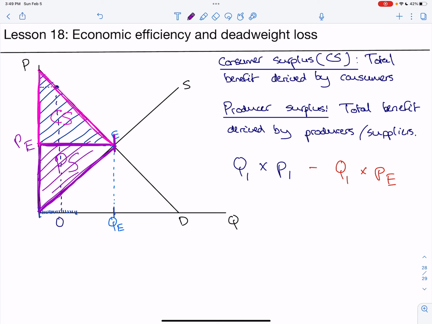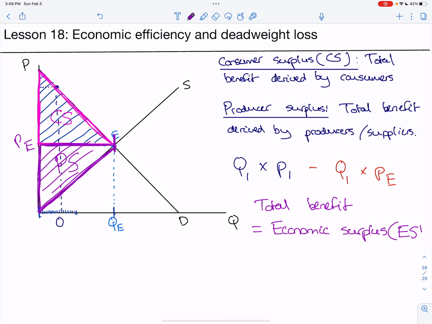Okay, so how do we define the total benefit in this market, or the total extra benefit derived by producers and consumers? Very simple. Total benefit, which is equal to economic surplus, abbreviated ES, is equal to consumer surplus plus producer surplus. Okay? And economic efficiency, okay,